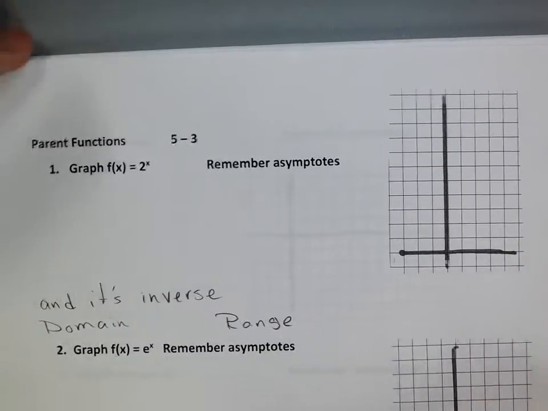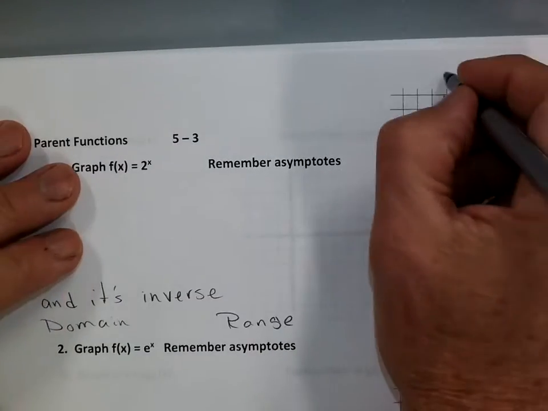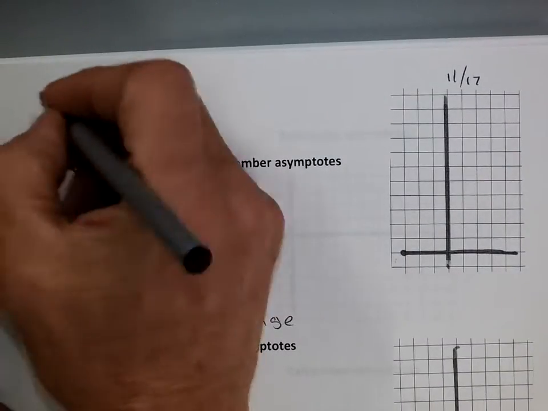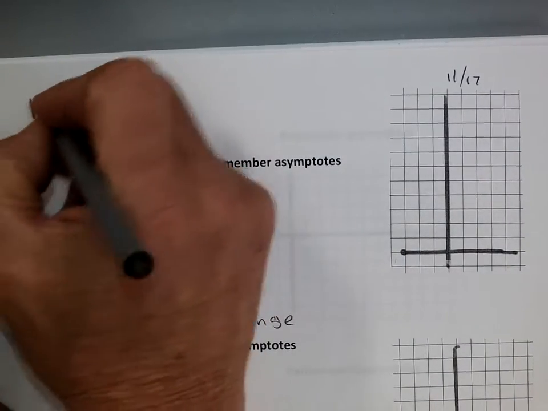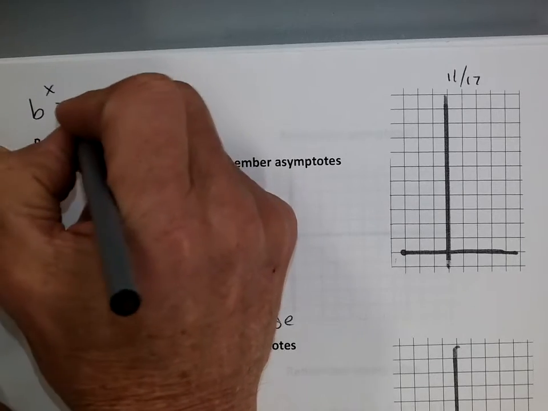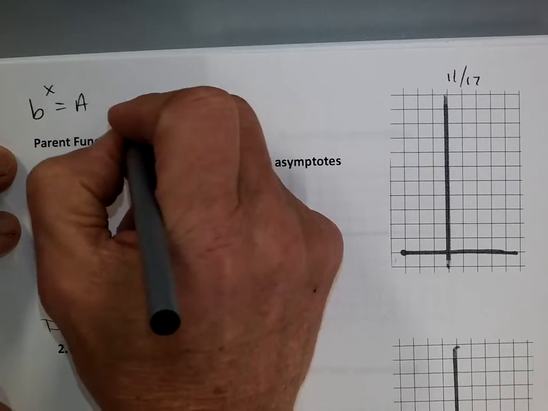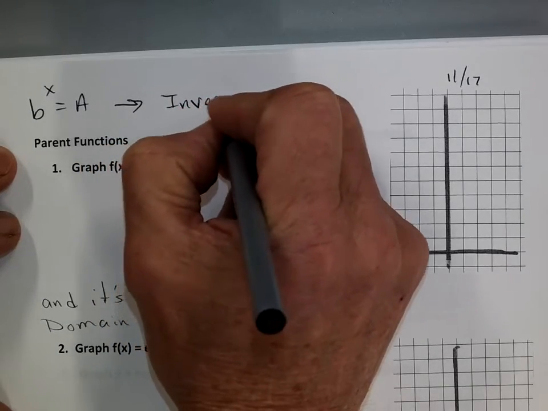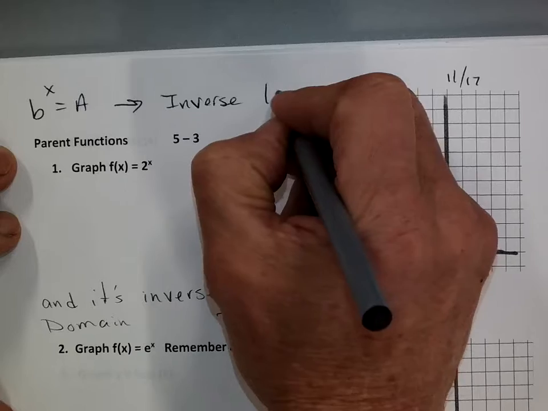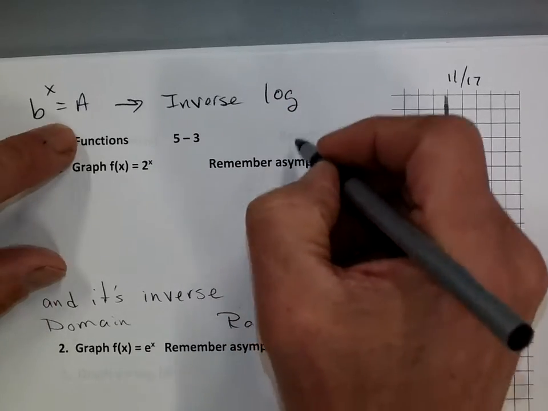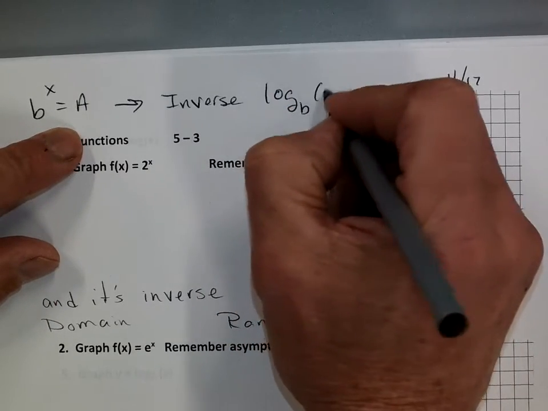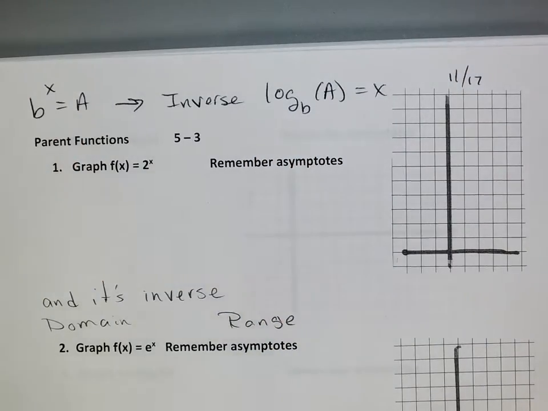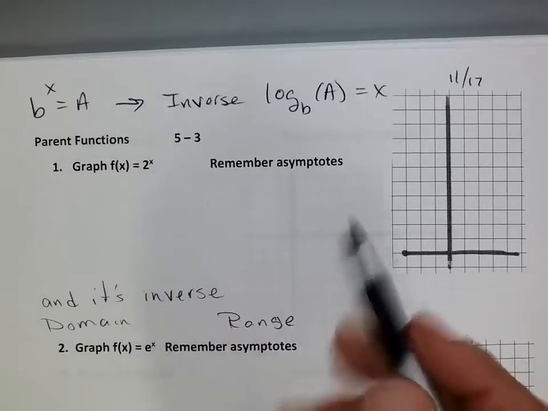So before I do anything, I want to put down that we know that exponential, if we have some base to some x equals some answer, its inverse is a logarithm. Log of some base of my answer is equal to my x. Okay, they're inverses. So if I take a look at graph number 1, and let's change this to y equals,